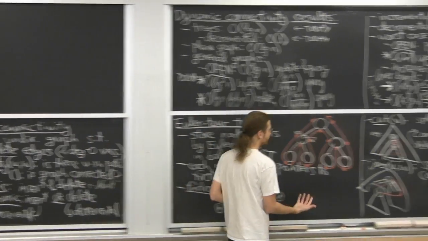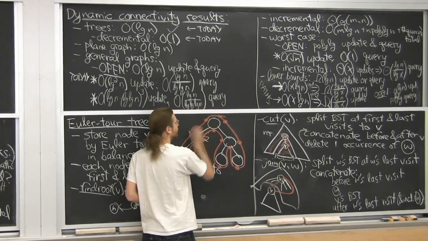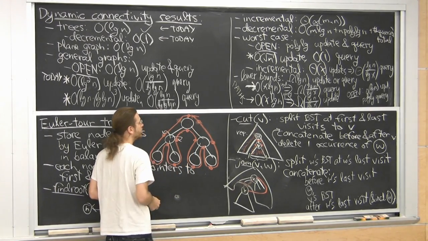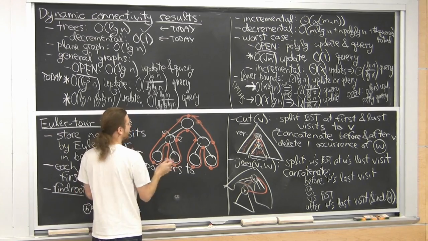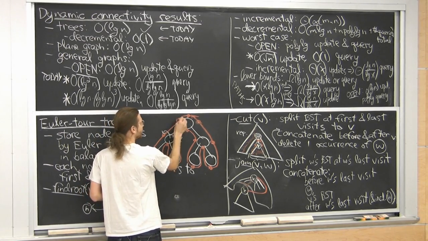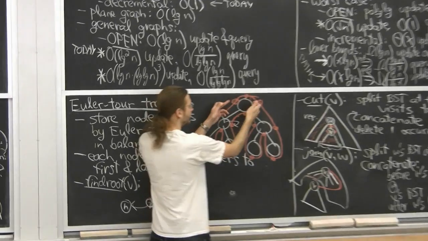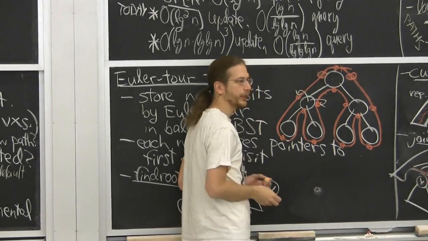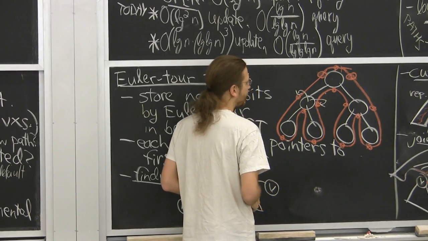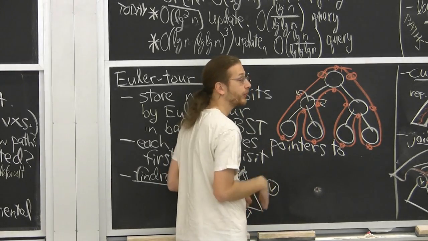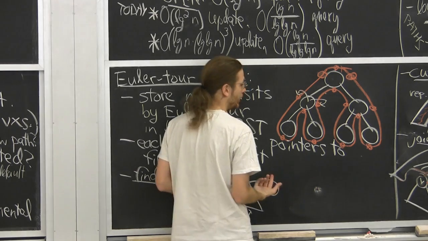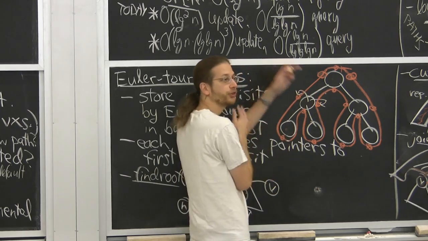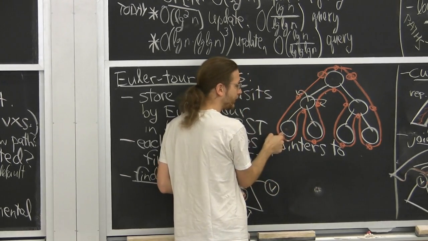Of course, the Euler-Tour in its most natural form is actually a cycle, and it would only have one visit here. So you can think of it that way. I'd still like to have the two visits conceptually, because that makes even the subtree rooted at the root an interval between the beginning and the end. But the nice thing of the cycle view is if I wanted to change who the root is, say I want this node to be the root, that's just a cyclic shift of everything, right? It just means I want to start the cycle here and end it here.